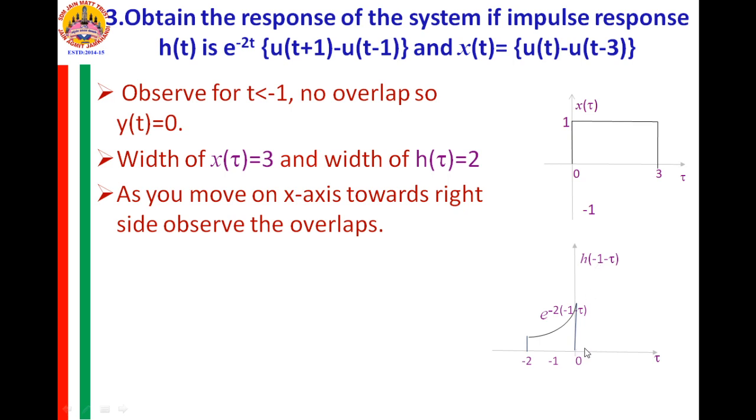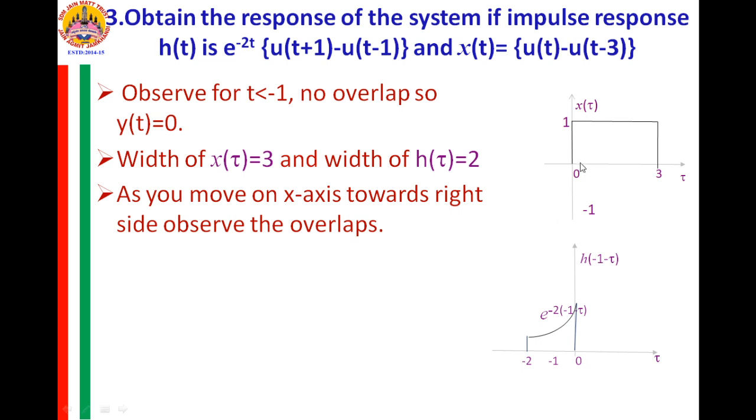Two times, if I go on up to 2 units of time, that is tau is equal to 2 or t is equal to 2, 2 durations, if I go on shifting this signal h of t minus tau along this axis of tau, what is your observation? These two will overlap from 0 to this end of h of t minus tau.